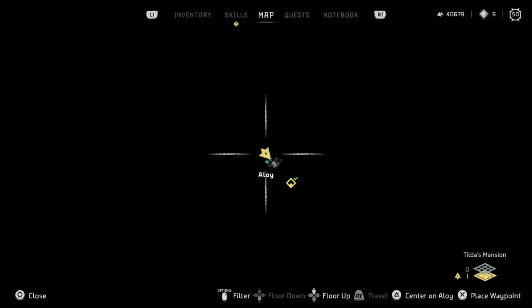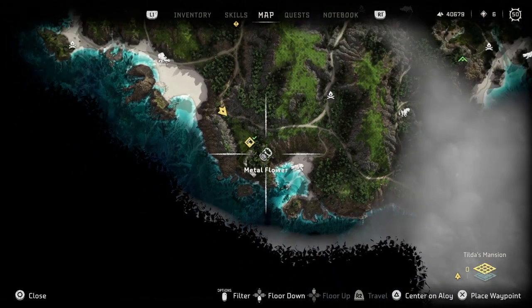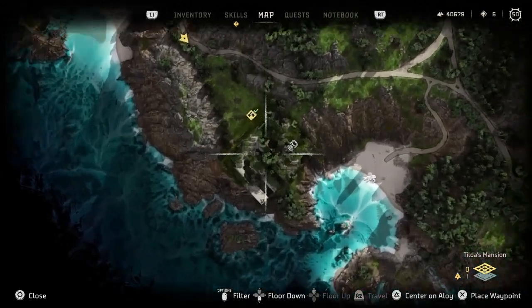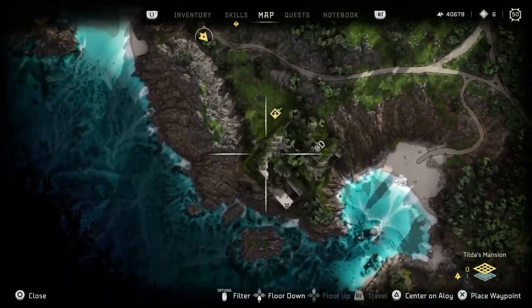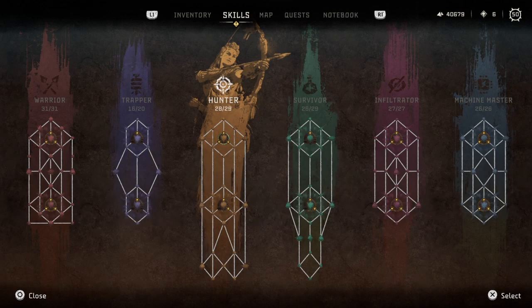Alright. Where the hell... Oh. Like that, kick in the head. I knew there was an old building here, but I didn't know... I know I couldn't get through... I know I couldn't figure out how to get to that middle flower, but... Alright, so...